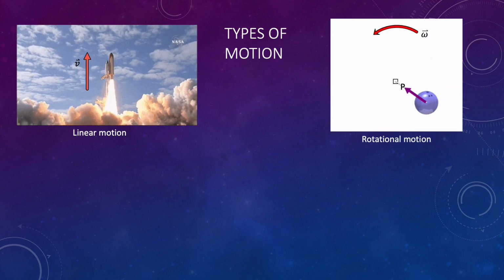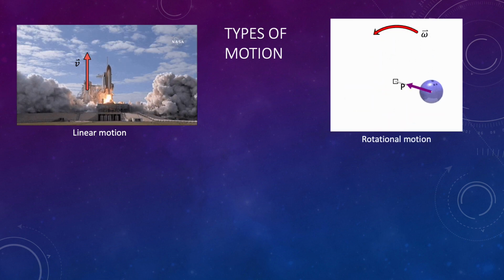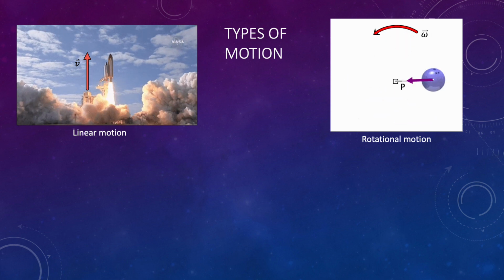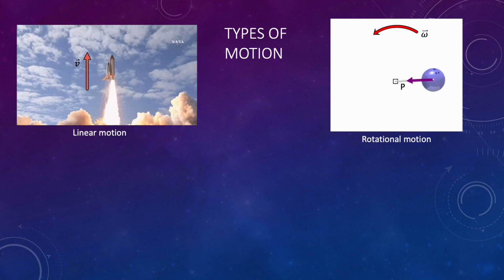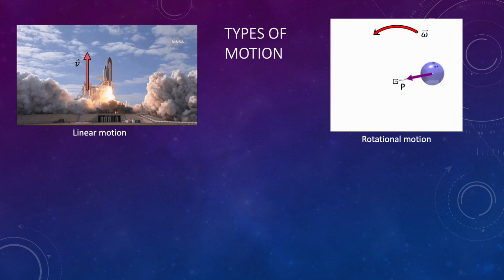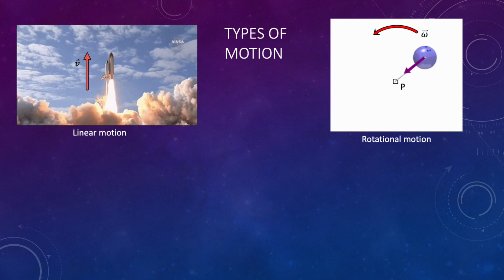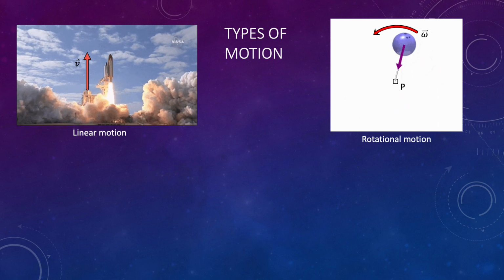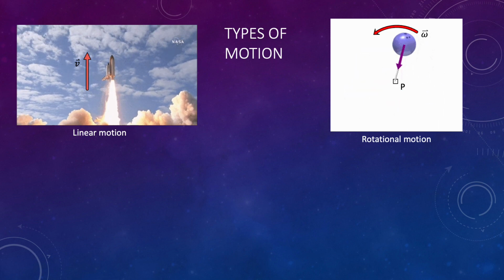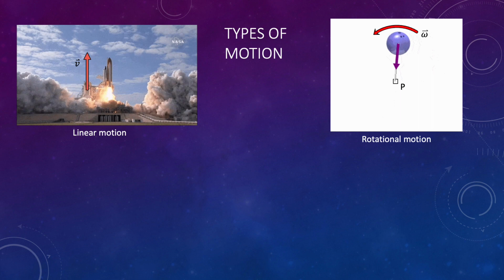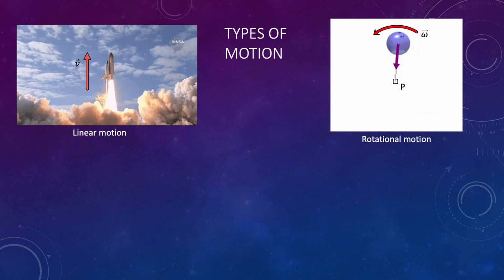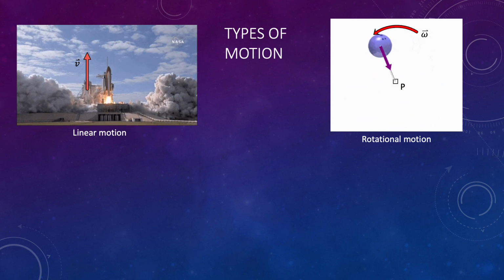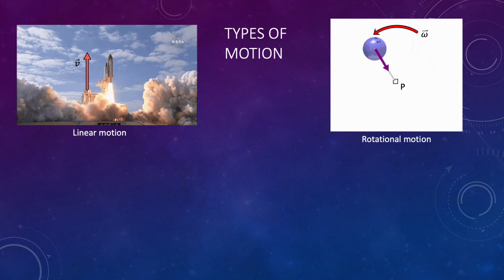Rotational motion is associated with an object spinning or rotating about an axis or a fixed point. Here, the axis of rotation of the object, or in this case point P, does not translate from one point to another. Instead, point P stays in the same location and all of the points on the object spin with the same rotational velocity or acceleration, but different linear velocities or accelerations, depending on how far the point is from